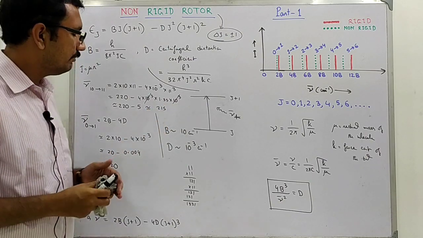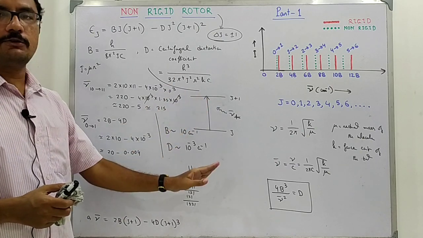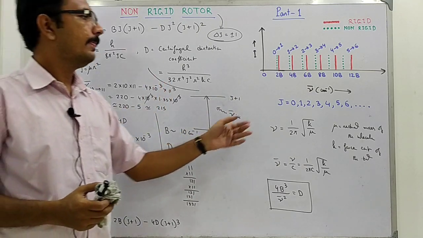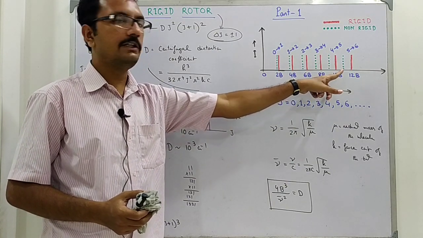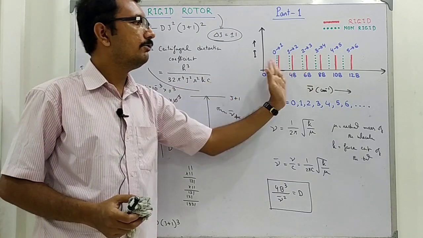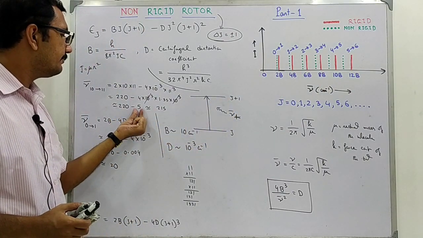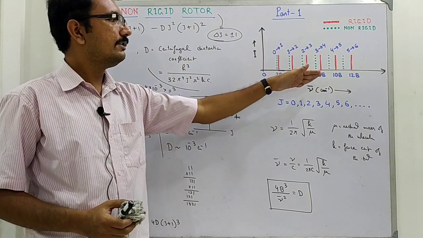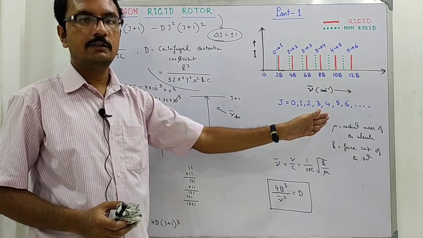So, you see, with increase in the J value, the lines due to the non-rigid rotor are actually displaced to the left, and that has been shown in the diagram with green dotted lines. You can see here, but here it is much exaggerated, not that amount of shifting takes place. If I show you this small displaced value, you cannot see it in the camera. So, I have shown it in a much exaggerated condition. This amount of shifting does not take place.